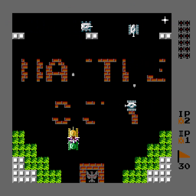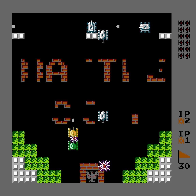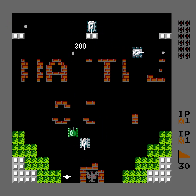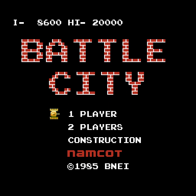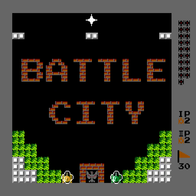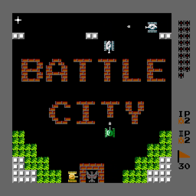This doesn't say anything about that. It says co-op multiplayer, okay. And a built-in level editor, one of the earliest video games to have a built-in level editor, I guess. Due to its simplicity, Battle City hosts an extensive ROM hacking scene, this says. Does it? Let's look up Battle City